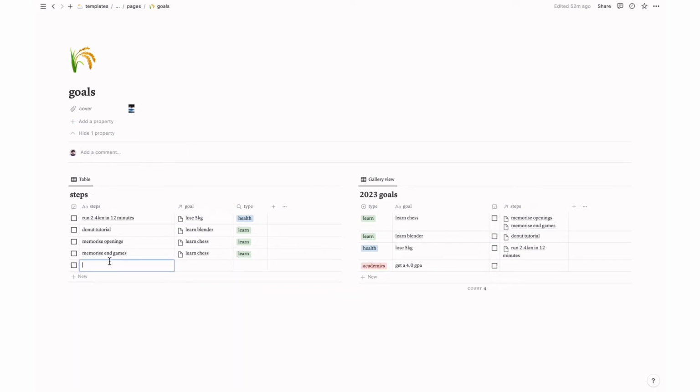A possible step would be to read all the materials before the semester starts, and then this is using Notion's relation and rollup property. It looks hard, but it's easier than it seems, so stick with me. You just need to select the goal it pertains to under the relation property. So I'll select the 4.0 GPA, and the rollup property just reflects the linked property to the goal. In this case, the type of goal, which is academics. And all your steps for each goal will be reflected here. So you just need to do your goal setting at the start of the year, then refer back to the steps on the left to stay on track for your goals.